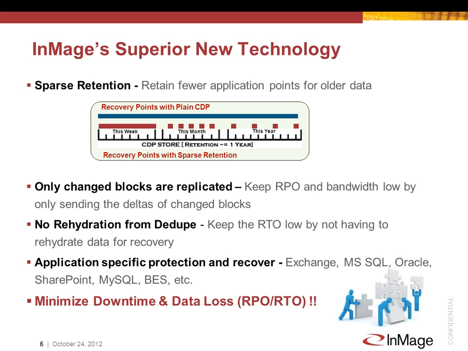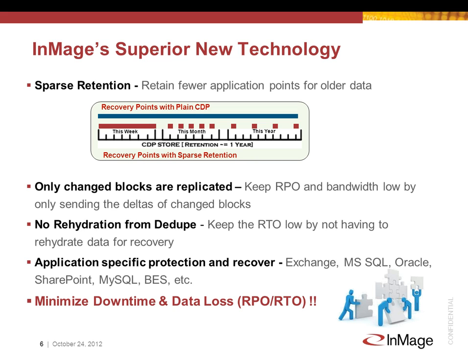Enmoj only replicates change blocks. We are focused on keeping that RPO, that recovery point objective, very low. We also focus on keeping our bandwidth utilization very low as well. We packetize everything in 4K packets. It's very streamlined, very lightweight. And we can do that because we're only sending the changes within the blocks themselves. We're not even sending full blocks of information, just the deltas themselves.